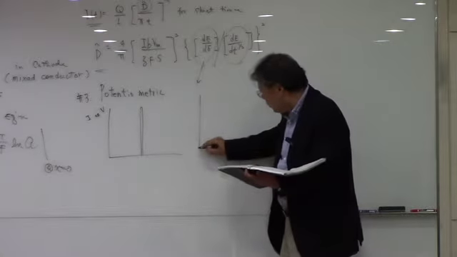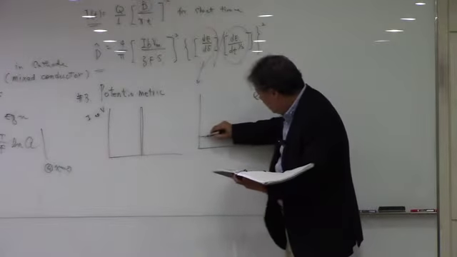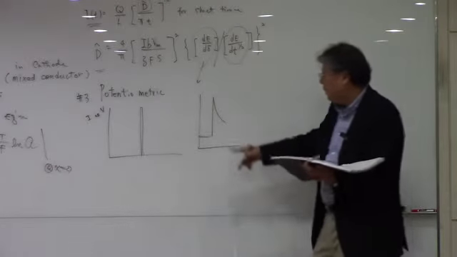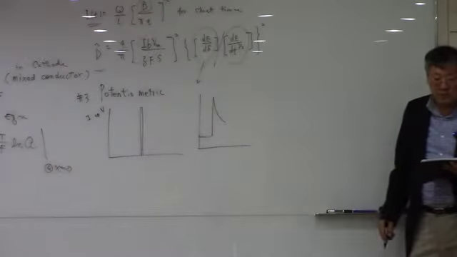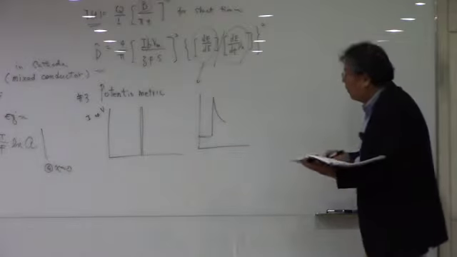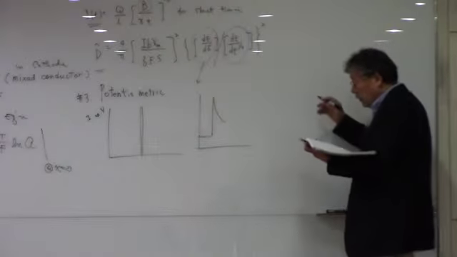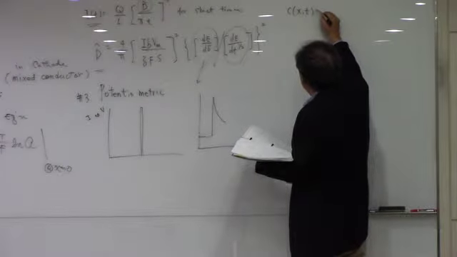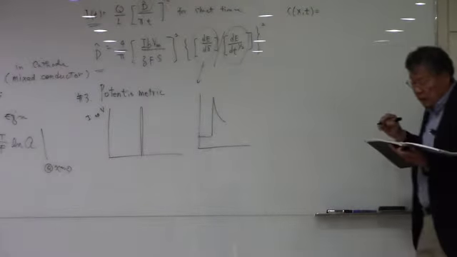And then you monitor the change in voltage or current in that short period of time, and that is going to be called the potentiostatic or potentiometric method. And here in this case, the solution of Fick's second law